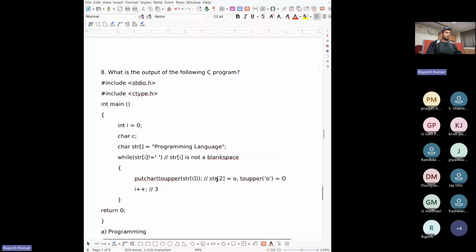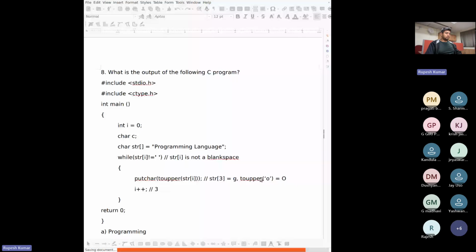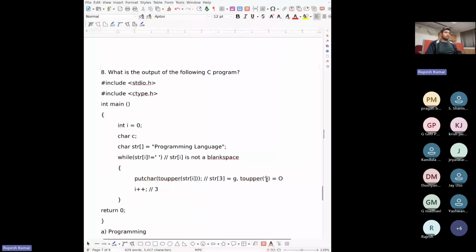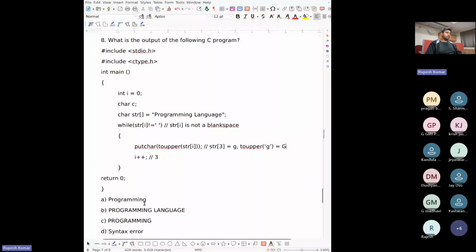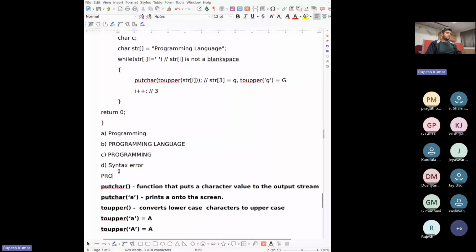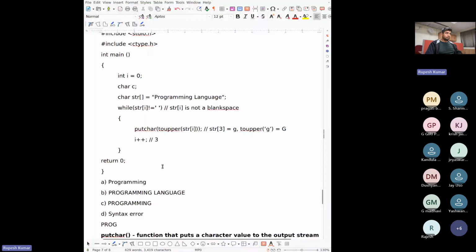Now i becomes 3. str at 3 is small g, and toupper of small g is capital G. It puts this character onto the screen, so it becomes PROG. Then i becomes 4, and it goes on until i becomes 10.